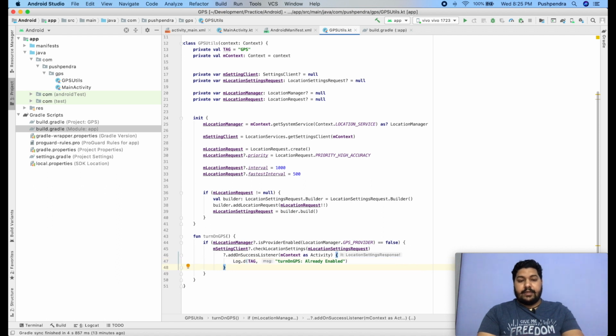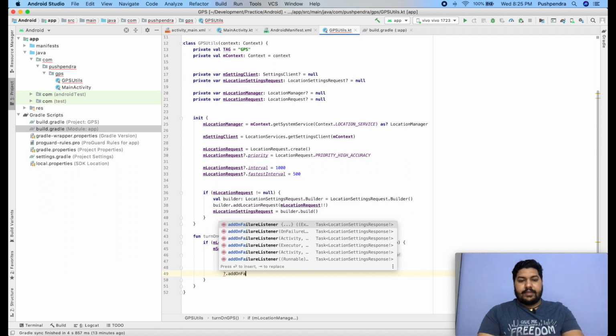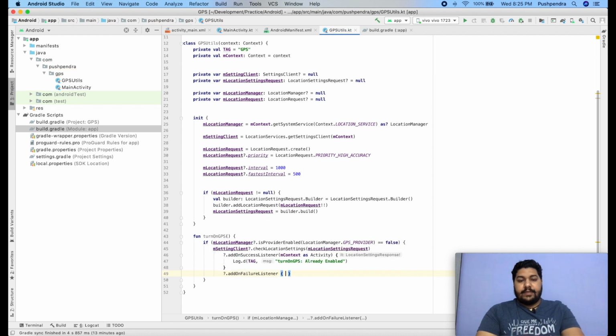Now second listener, what is the second listener: dot add on failure listener. Okay, failure listener means we have to do some work here, and it will be an exception, we can say ex. Okay, and if it is an exception of a type, here we will check the exception type. Directly we will check the API exception, what kind of API exception.